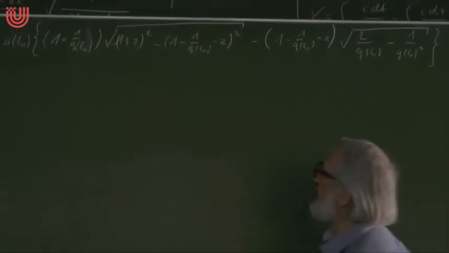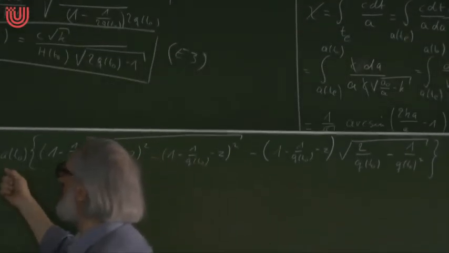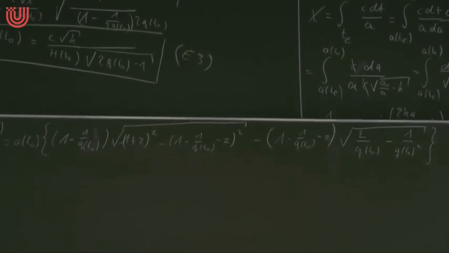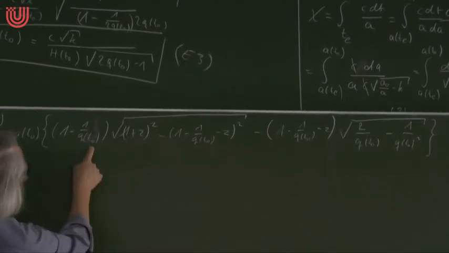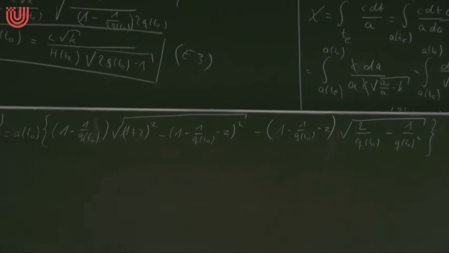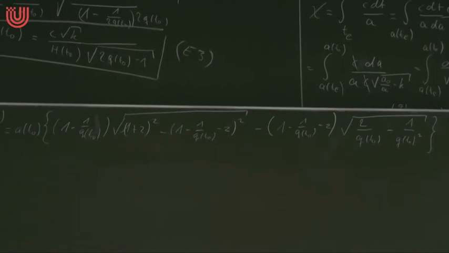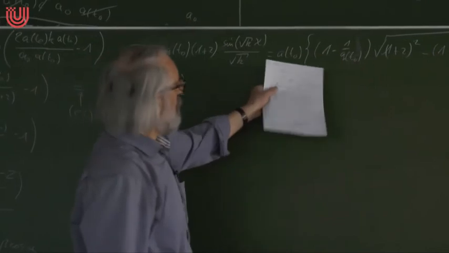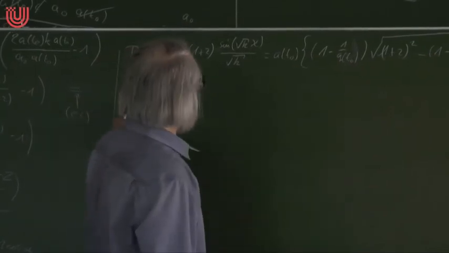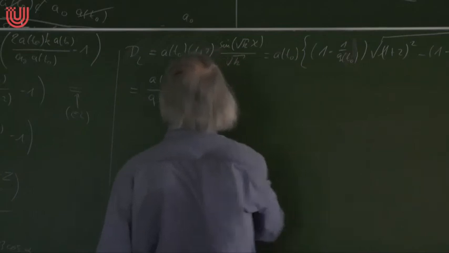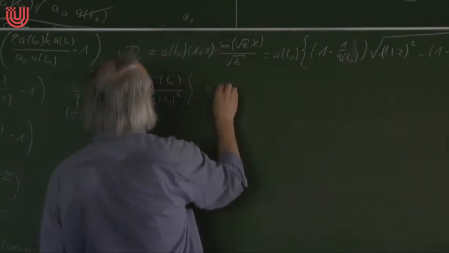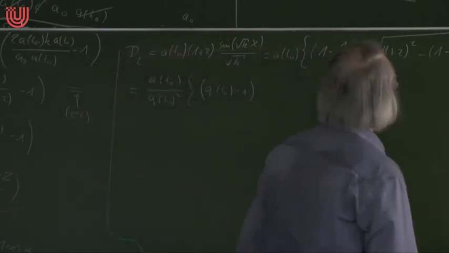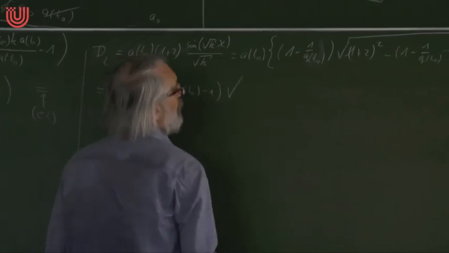And well, that's a formula, right? We still have to work with this here a little bit. I haven't used A3 until now, so I will now use A3. But before doing this, maybe I pull a q squared out of everything. So then it becomes nicer. So I multiply the expression in the curly bracket with q squared. So one factor goes into this. This gives a q minus 1. And the other factor goes into this. This gives a q squared under the square root. So I get,